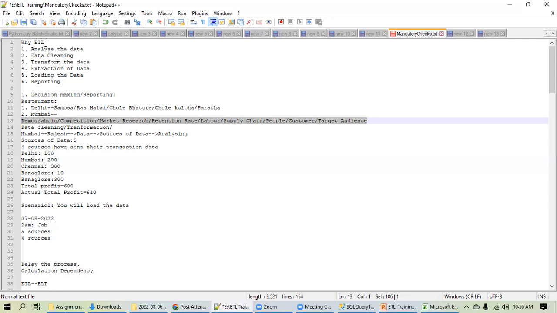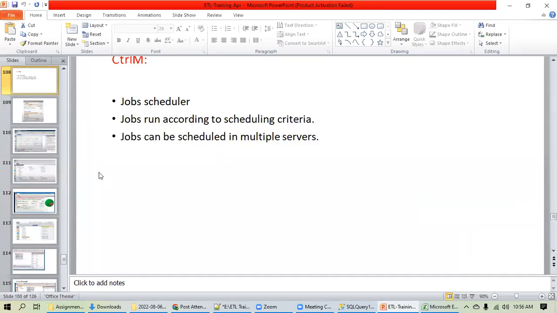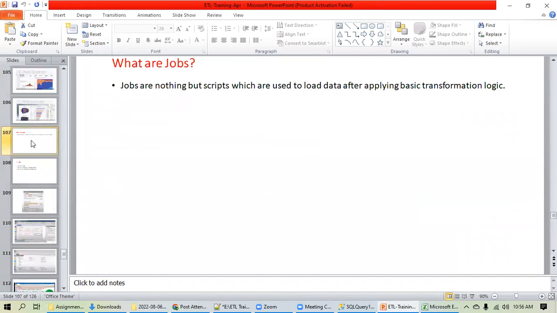Before I proceed, any question from a job perspective? Is it clear what a job is? Is it clear, guys? Any question? Yes, Tanvir, clear. I will request, please ask questions and make the session interactive, because if it is not clear, how will I come to know that it is clear or not? So you should ask questions, guys.